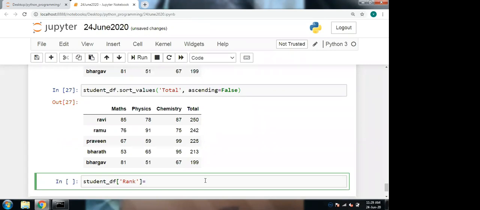So rank equal to. So here we need rank 1 up to n number of rows, right?